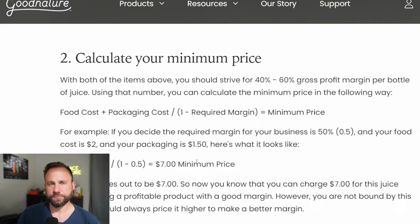So that means if your cost of goods is $3.50, $7 is the minimum to be charging to make your target margin of 50%. Now, if you have a higher target margin of 70%, then that price is going to end up being higher, okay? Of your minimum price. And so now you know you have to price it at $7 on your menu to hit your minimum profit margin. Doesn't mean you can't price it higher. You can decide to charge $7.50 or $8, if you think it makes sense, but you absolutely can't